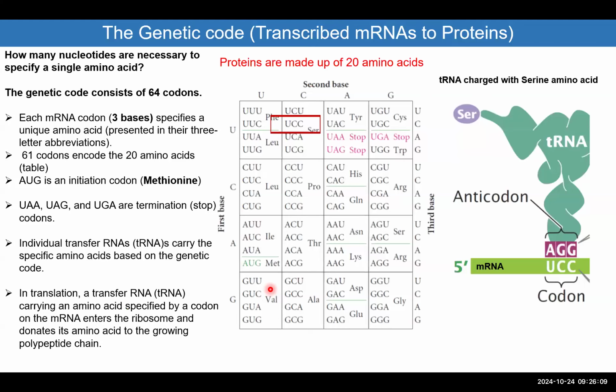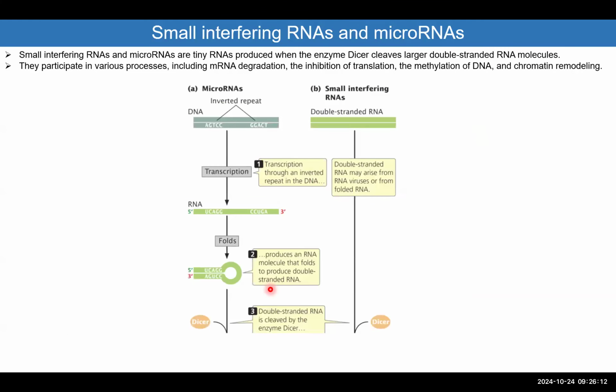So let me go back to that slide. And let's discuss how small interfering RNA and microRNA are generated. So you remember that RNAs are supposed to be single-stranded. But if a specific RNA has been generated from a gene where within that gene there are some inverted repeats, and if you're not familiar with the term inverted repeats,